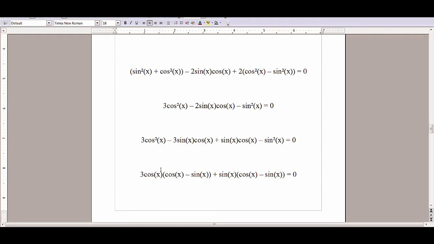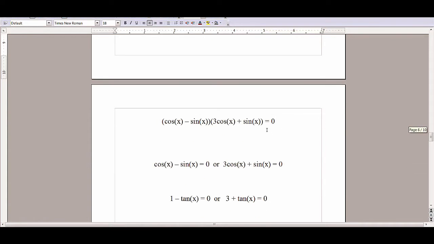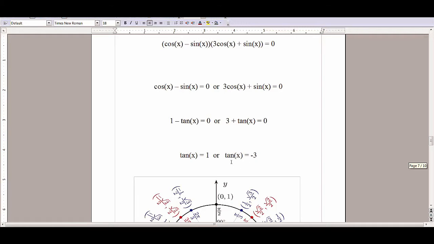And then you factor this 3 cosine out of this side and 1 sine out of this side, and you get 2 cosine minus sines. You see that? These two? Yeah, so you get 2 of those, and then you multiply them together or whatever. And then you've got 2 different equations, and then you can easily find out that if you divide by cosine here, then it's going to give you 1. If you divide by cosine here, then it's going to give you tangent. And if you divide by cosine here, it's going to give you the same thing, except it's going to be a 3. So you can subtract this over, tan x equals negative 3, add this over, tan x equals 1,